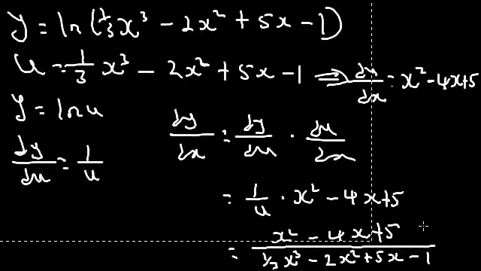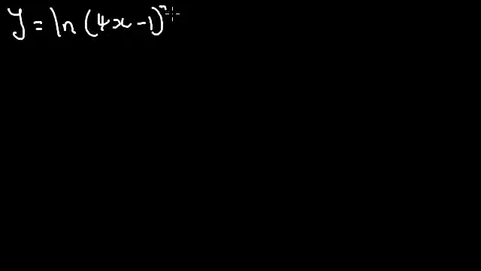By now I want to believe you should have been getting used to the tactics of solving problems involving logarithmic functions. Let's try one more example. Consider y equals ln of (4x minus 1) all squared. Now, you can actually solve this problem in 2 different manners. That will depend on how solid your understanding is in properties of log. Let me show you something. If we say u is equal to (4x minus 1) all squared,